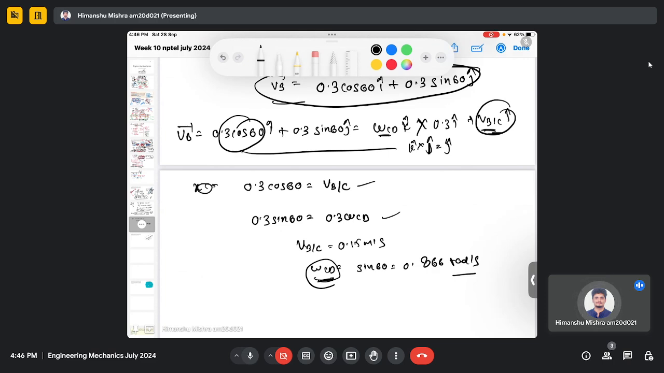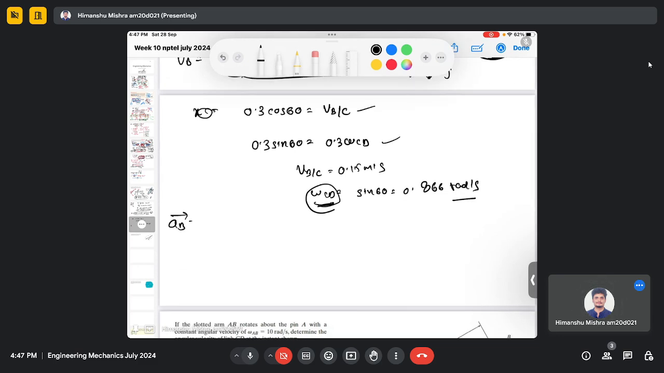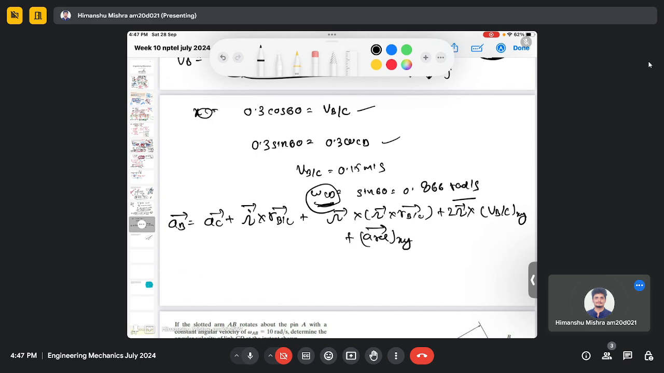Now, in order to calculate the acceleration, I can use the same expression. So it will be AB equal to AC plus omega dot cross R of B with respect to C, then omega cross omega cross R of B with respect to C, plus Coriolis acceleration, cross with relative velocity, plus relative acceleration. So this is the acceleration of point C in the inertial frame, which is 0, and this is the tangential part of the acceleration in the xy frame. This is the normal part of the acceleration in the capital XY frame. This is the Coriolis acceleration,